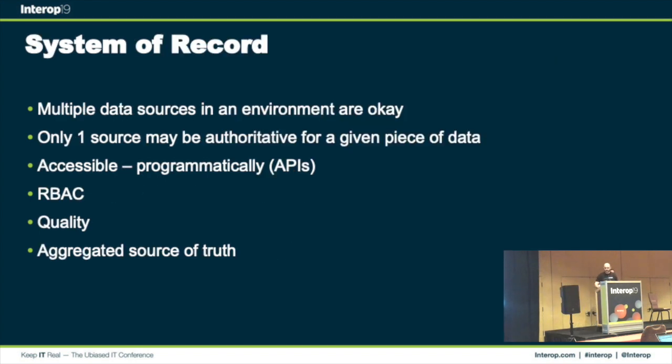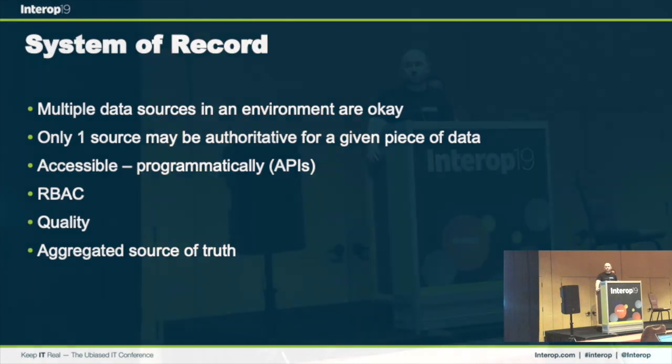So this slide is titled System of Record. I purposely didn't call it Source of Truth. And if you ever spend more than 5 minutes with me, I'll probably use the word Source of Truth within those 5 minutes. But I want to delineate between having this monolithic, one single app, this pie in the sky, CMDB, Source of Truth, whatever it is. It's just not realistic. So what I tend to talk about instead is system of record, right? So if you can keep within compliance of this idea of, for a single system of record, there's a single source of truth, then I think that really tells a different story, right?